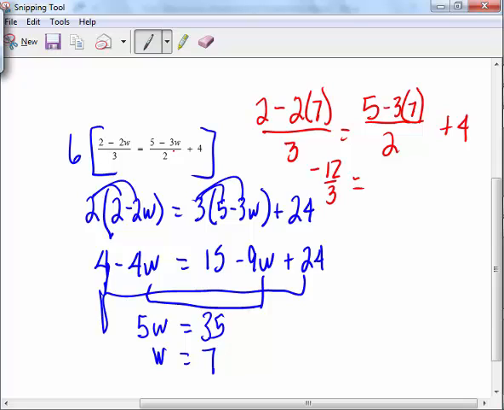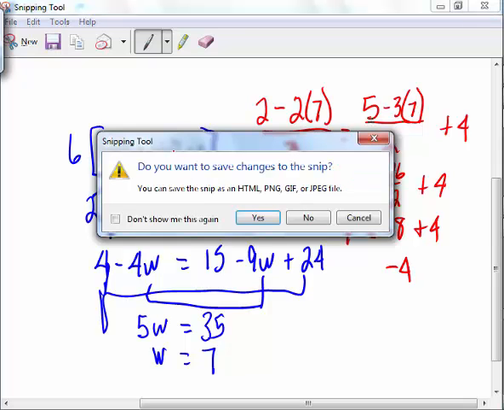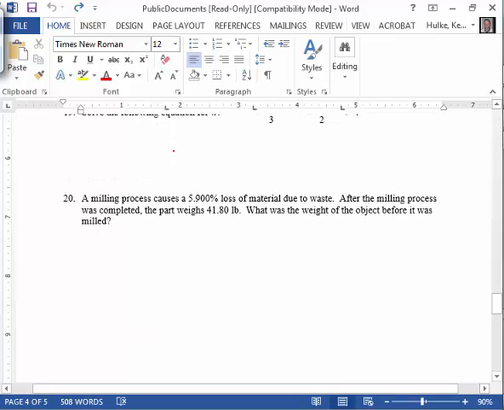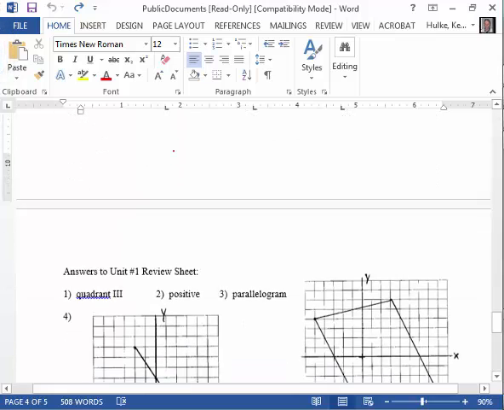Does that equal 5 minus 21, which is negative 16 halves, plus 4? This is negative 4. This is negative 8 plus 4. So negative 4 equals negative 4. It checks. Next one, a milling process